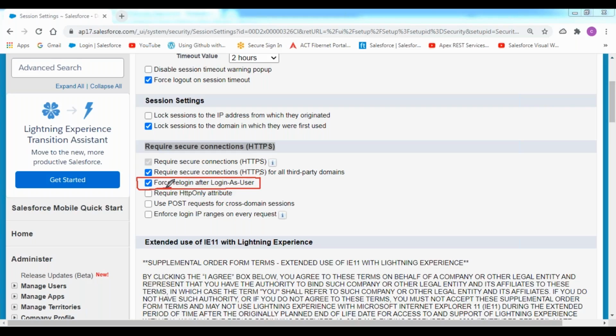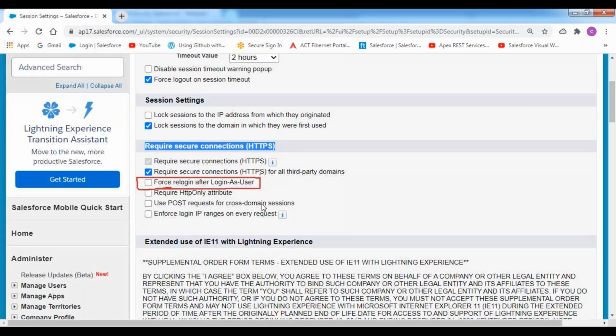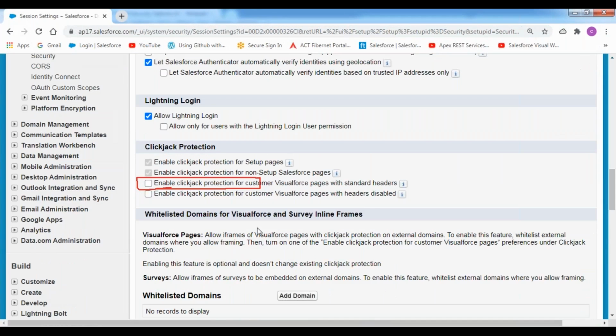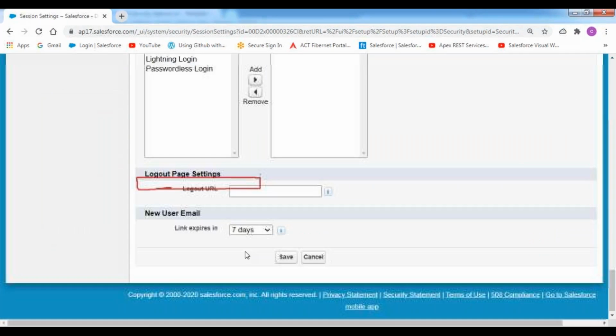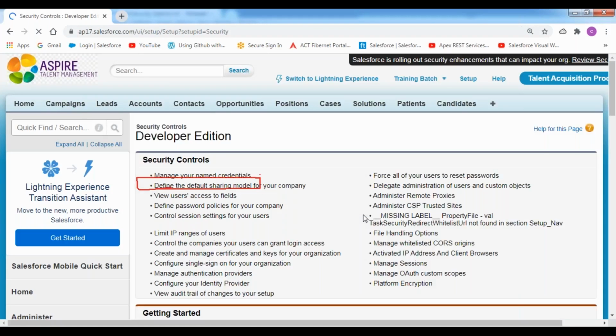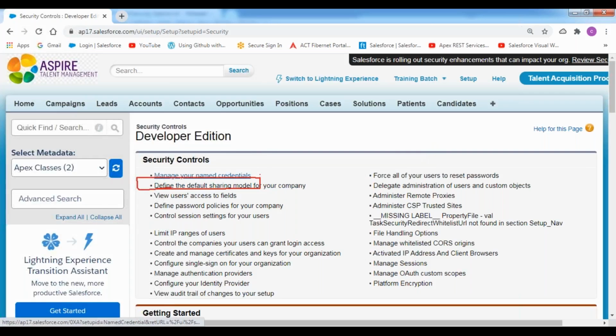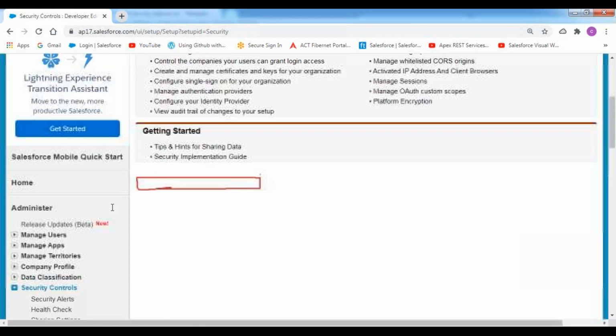But I don't want to do that here. Please come back to my account, so I'll select this checkbox. Don't enforce me to re-login into my application again, so I'll select this checkbox and then click on save. Now in this case, observe what will happen.